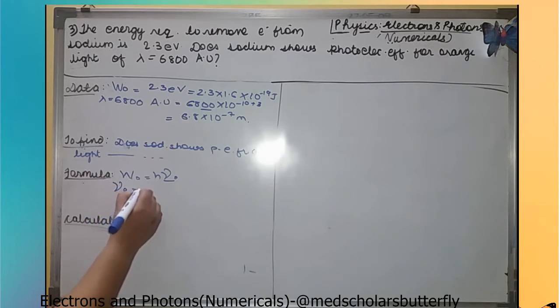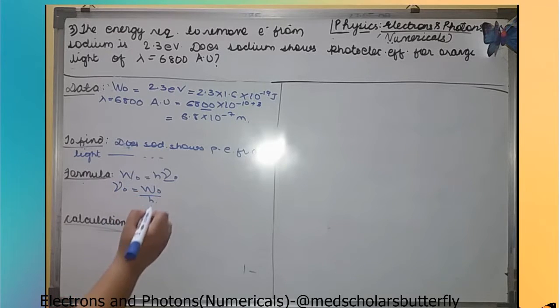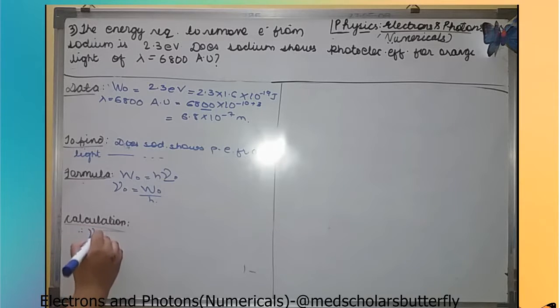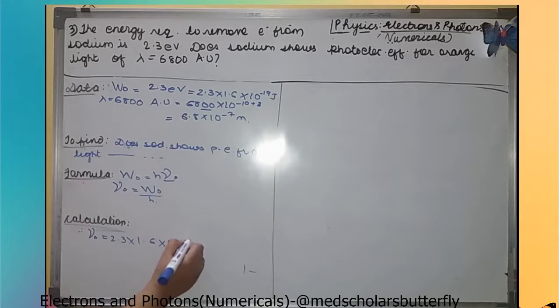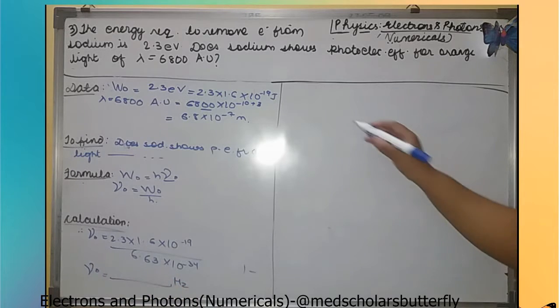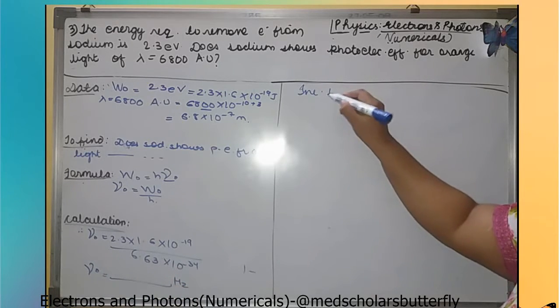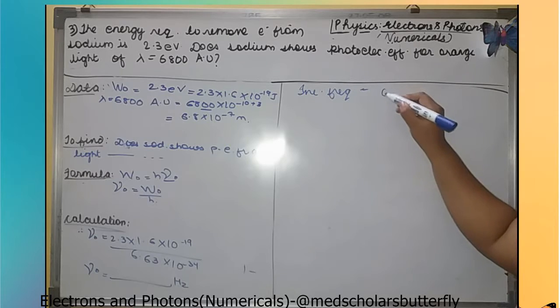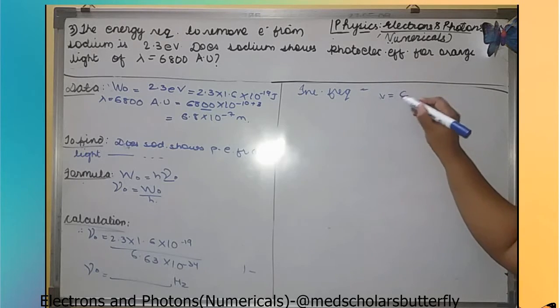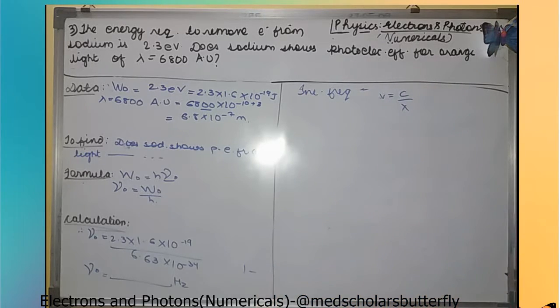nu 0, which is W0 upon h. Let us substitute our values. Therefore, nu 0 is equal to 2.3 into 1.6 into 10 raised to minus 19 upon 6.63 into 10 raised to minus 34, which is the constant. You will get a value in hertz. But the incident frequency, the formula for incident frequency is nothing but nu equals C upon lambda. From here we will get